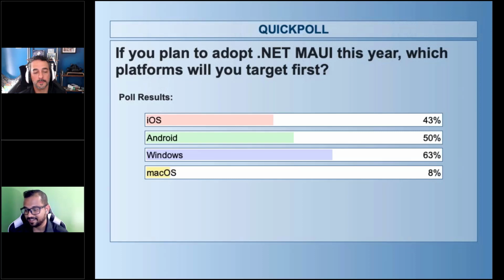Oh, look at that. It is a split. And this is actually exactly the point that Microsoft and we are actually trying to make. So this is really good to see. So many of you choose Windows, and Android being a close second, and iOS isn't all that far back. So this is really good to see. Let's talk about why